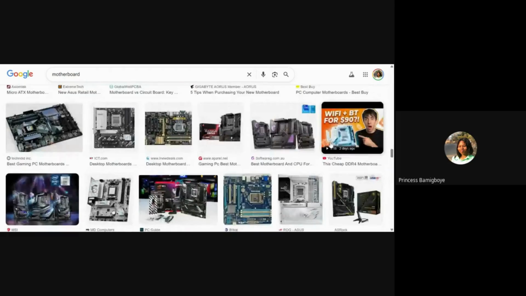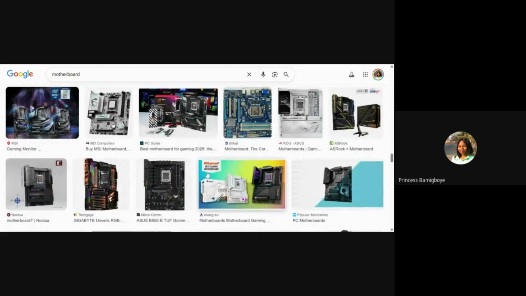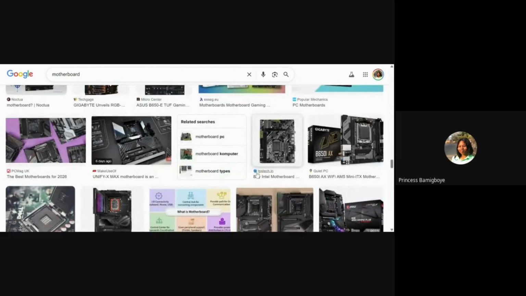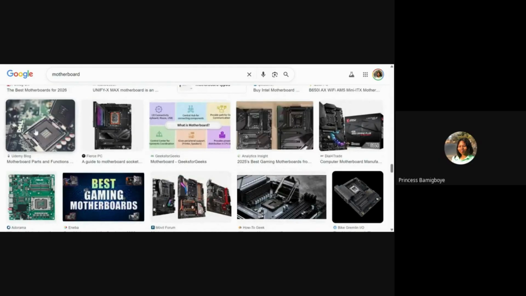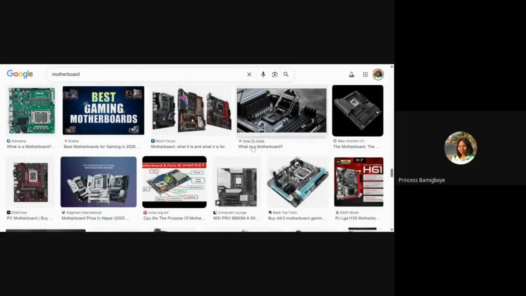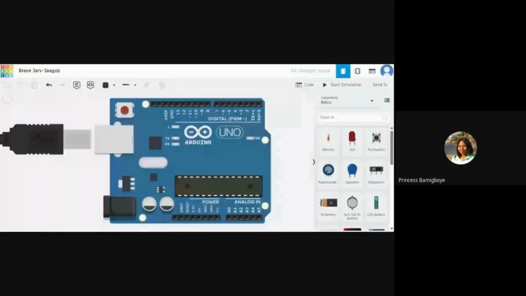And at the center of it all, even if it's not the center of everything, you will just see something that looks like the most important thing there. And that, my friend, is the microprocessor. That's the microprocessor that serves as the brain and tells the computer what to do, how to do it, receive signals, and all of that. That is the microprocessor.